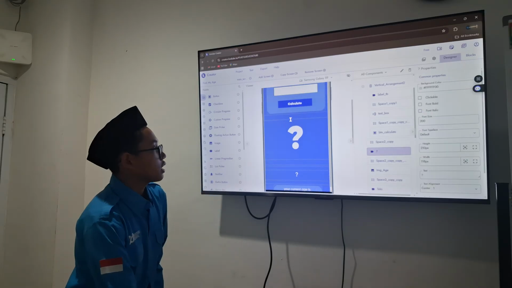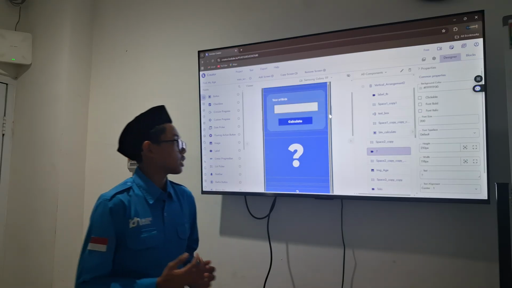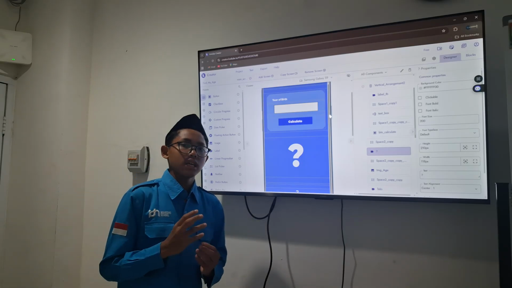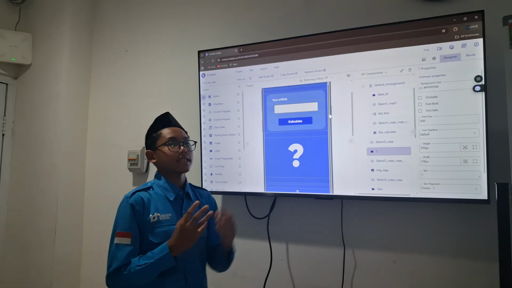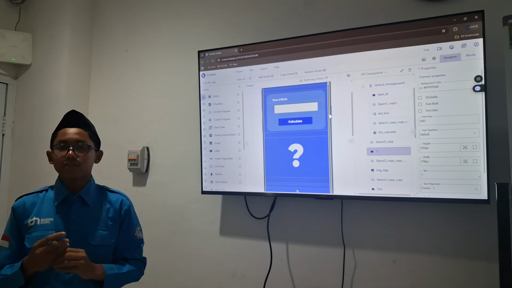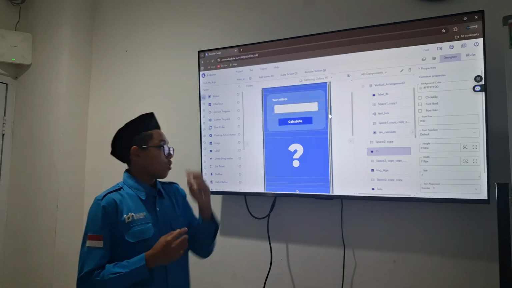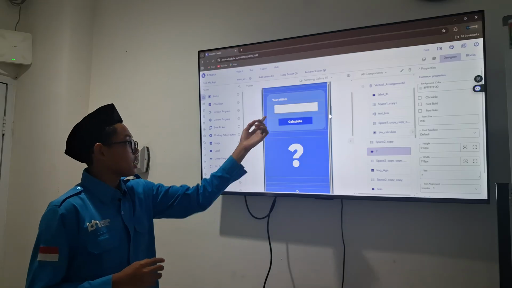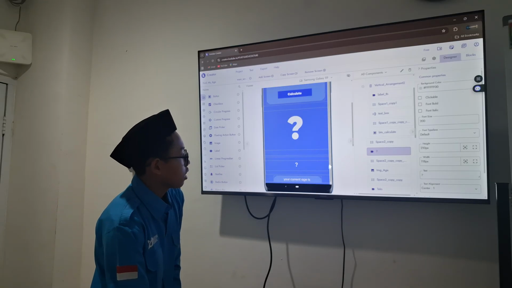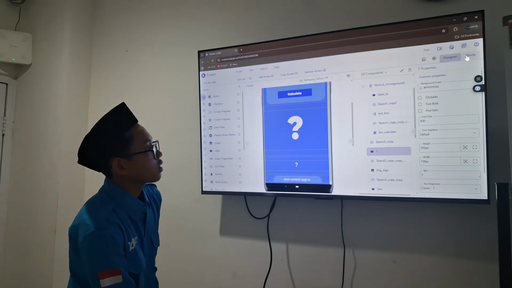The application works like this: we put our year of birth in this text box, for example, my birth year is 2011. When we put it here, we can see it in the blocks.